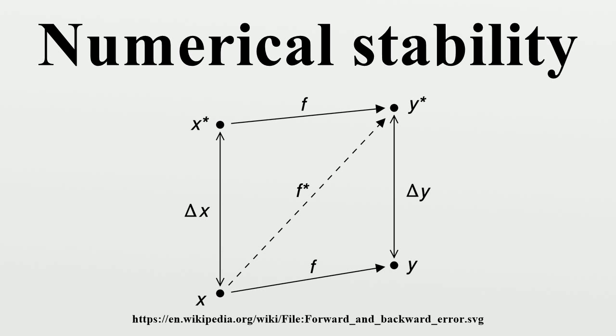the backward error. An algorithm is stable in this sense if it solves a nearby problem approximately, i.e., if there exists a delta x such that both delta x is small and f(x + delta x) minus y* is small. Hence, a backward stable algorithm is always stable. An algorithm is forward stable if its forward error divided by the condition number of the problem is small. This means that an algorithm is forward stable if it has a forward error of magnitude similar to some backward stable algorithm.